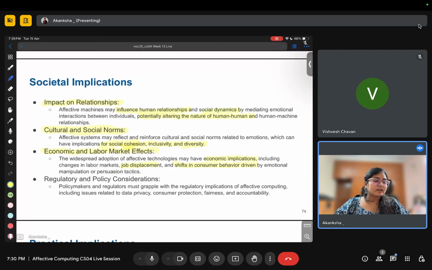ठीक है. Then comes the regulatory and policy considerations. Policymakers and regulators must actually be in compliance with this. I mean, they should know what is going to happen, because new rules are needed, as the laws and everything are not applicable to these agents. So we actually need new laws for protection, maybe from these digital agents, from AI everywhere. So we also need some rules and regulations for these AI based systems.